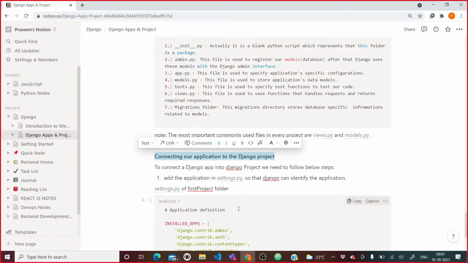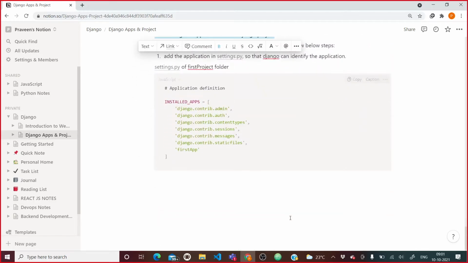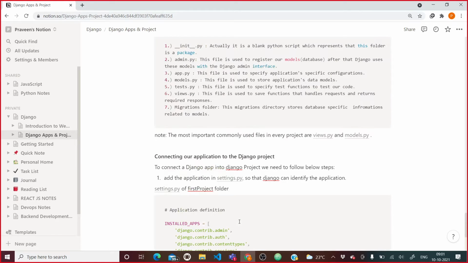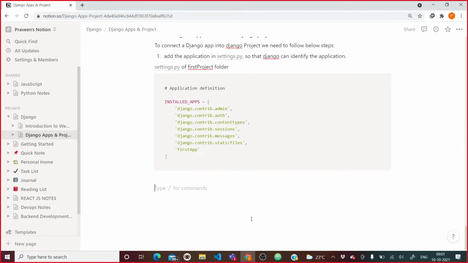The second thing is that we need to create a view for our application. Now we will start working with the application.